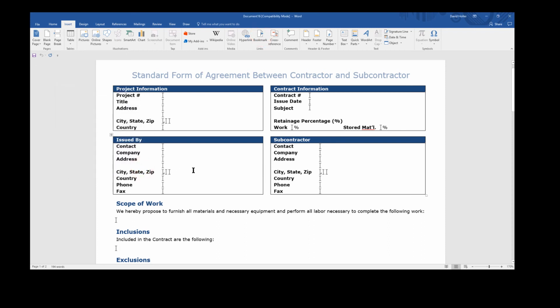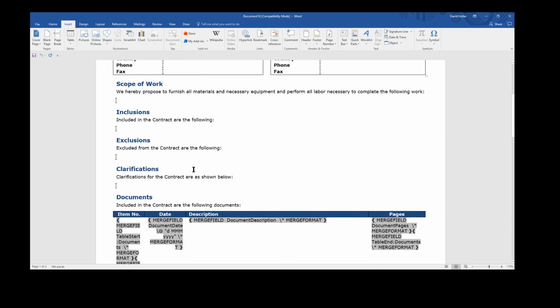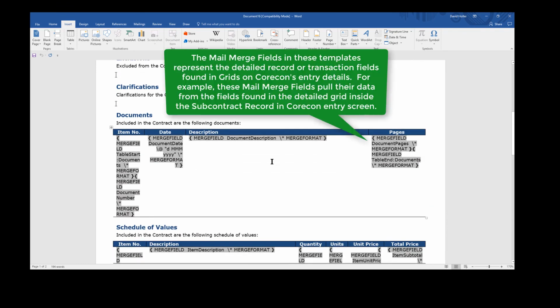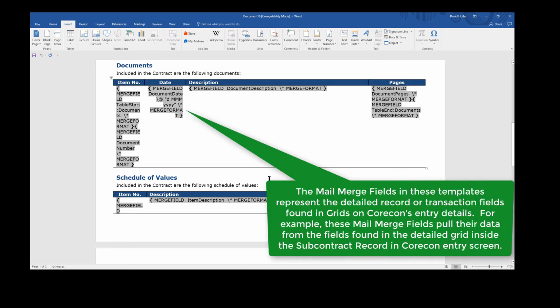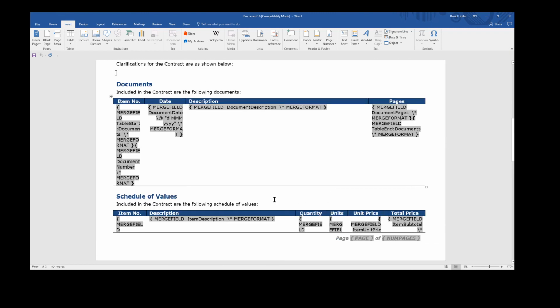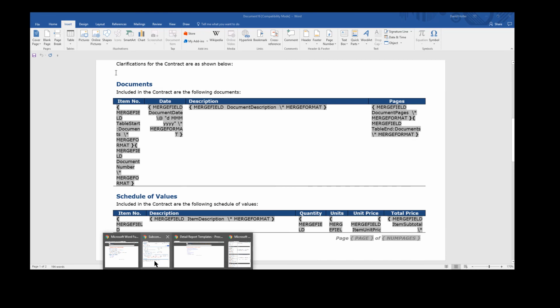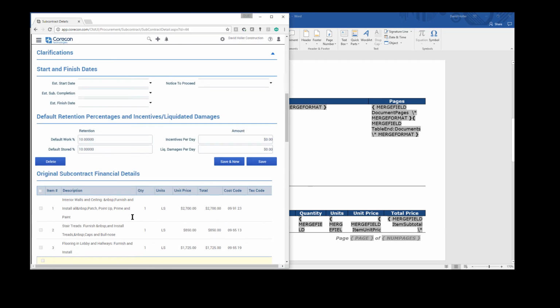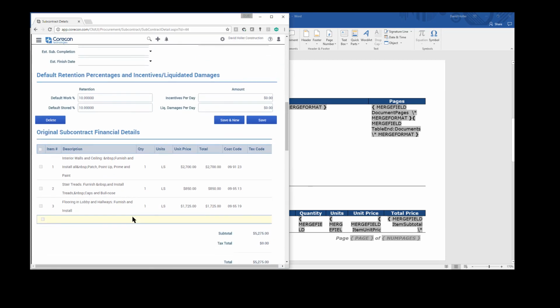The form also has a section with mail merge fields. Now this may look a little odd. However, this is where the information from the grid will fill in. In this case, we have the Documents section, which is a grid, and we have the Schedule of Values section, also a grid. So we go back to the Word document, scroll down, we see the Schedule of Values, which